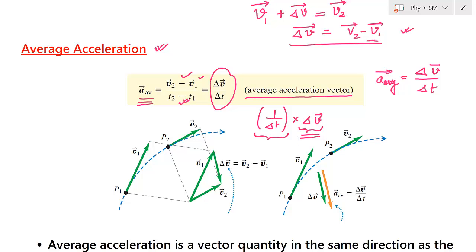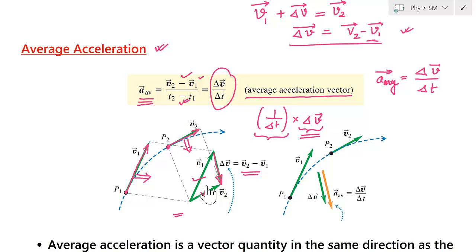This I can further illustrate using this diagram. This is the same diagram that I showed just now. This is the position of the car at time t1, this is the position of the car at time t2, this is the velocity vector at time t1, and this is the velocity vector at time t2. As I said, I can translate this vector and I will have the v1 vector. Similarly, I can translate this vector and I will have the v2 vector, and this is basically the change in velocity vector, that is v2 minus v1.